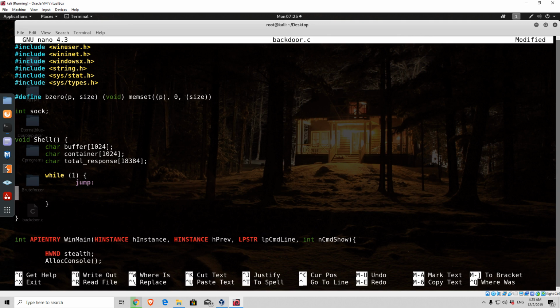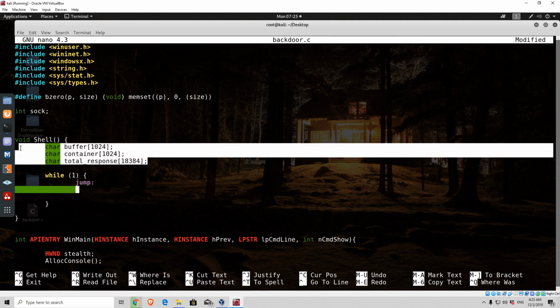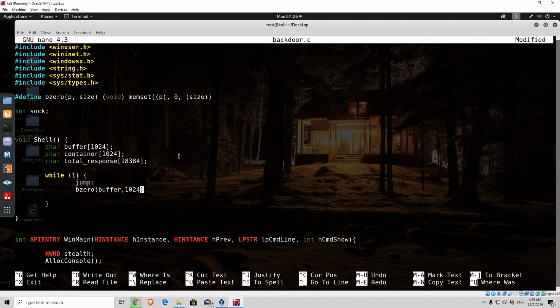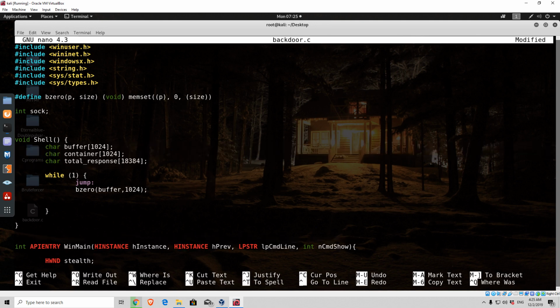So let's use it right here. We're going to b0 every single variable that we created right here. So all 3 of them. Let's go with the first one, b0, and then buffer, and then 1024. As we can see, that is the size of the variable. Then we can go on to the second one, which is going to be b0